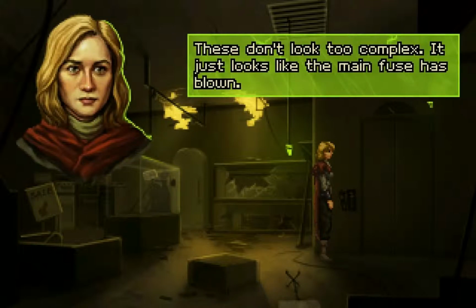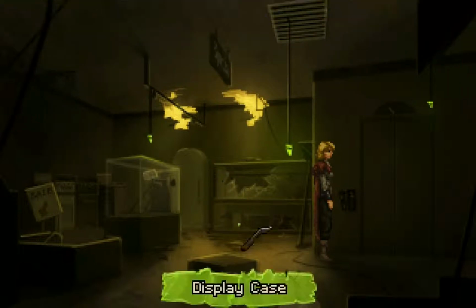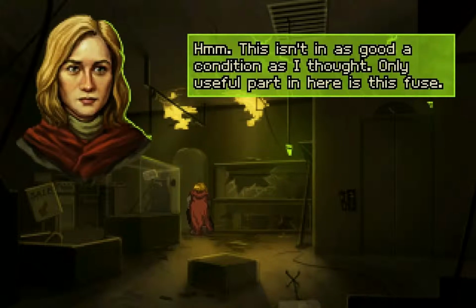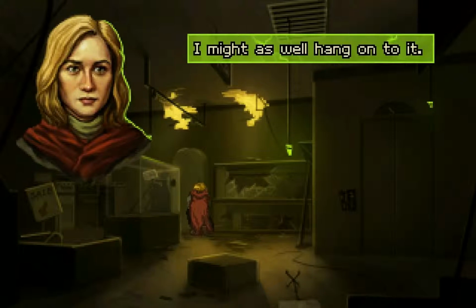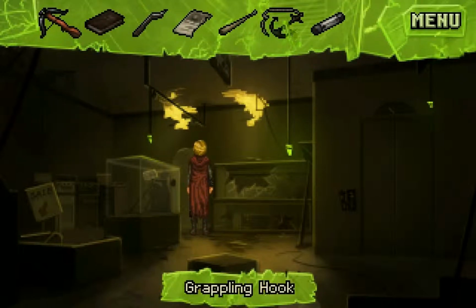These don't look too complex. It just looks like the main fuse is blown. Vielleicht kann ich die Fuse aus dem Refrigerator rausnehmen oder so. This isn't in as good a condition as I thought. Only useful part in here is this fuse. I might as well hang on to it. Siehst du, gleich kann ich die Sicherung...